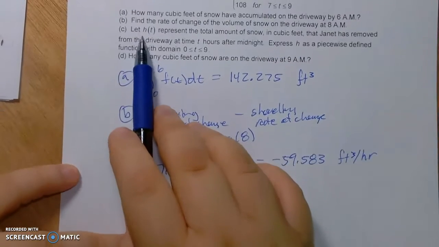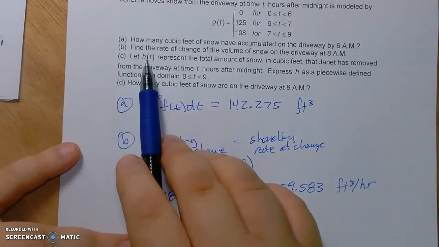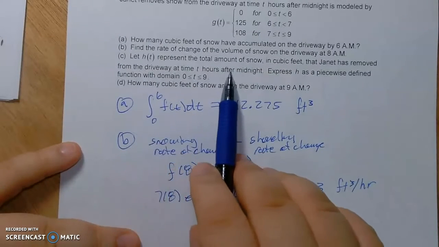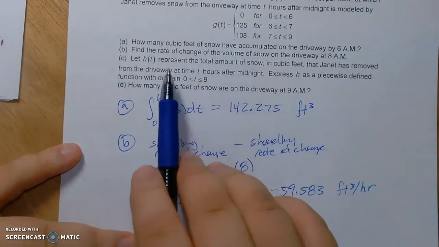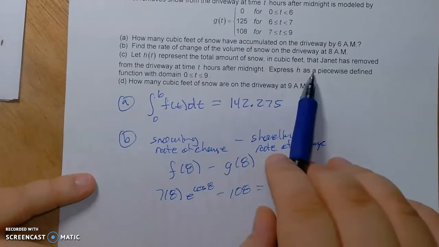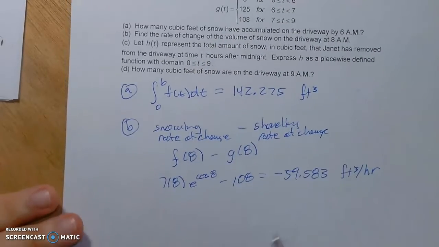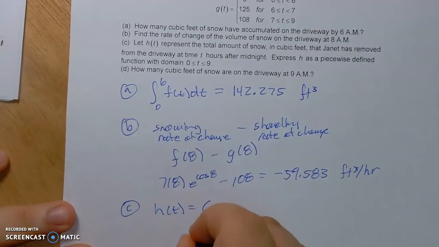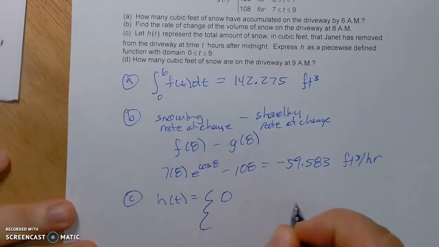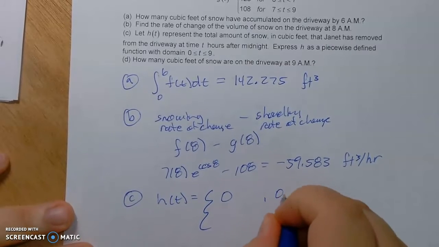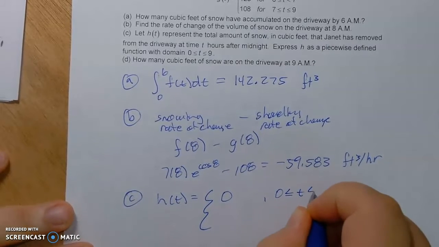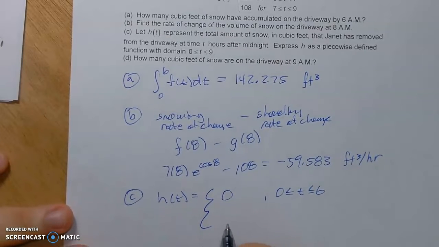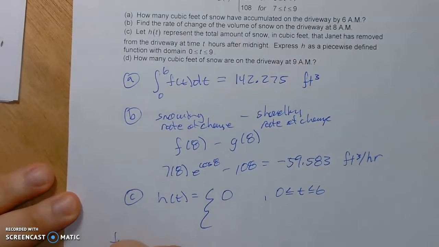C. Let h of t, so this is a new function, represent the total amount of snow in cubic feet that Janet has removed from the driveway. So this is her rate, and now we want the total expressed as piecewise. So h of t equals, so it starts off easy. The total is 0 until 6 a.m. Okay. Then from